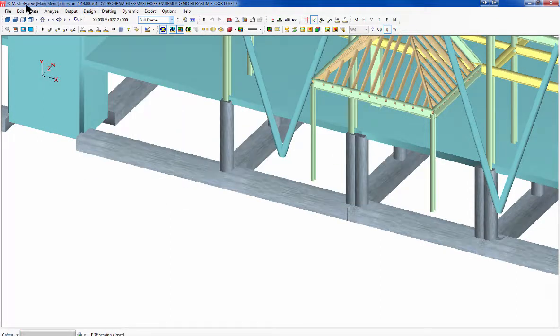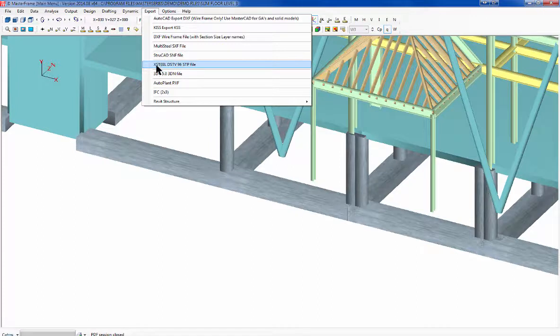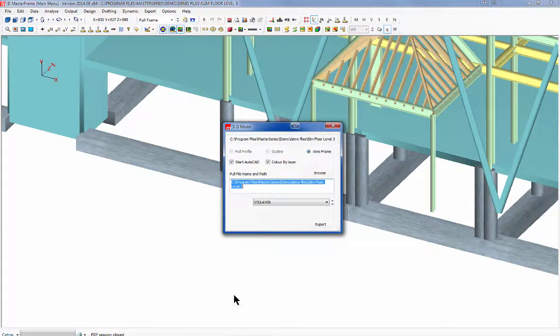I can export this straight back out to Revit and bring it into Revit or IFC, 3D Plus, which I think is dead, Xsteel, which is Tekla's older format, StruCAD, multi-steel. We can do a wireframe and solid, so we can export as a DXF wireframe, export,